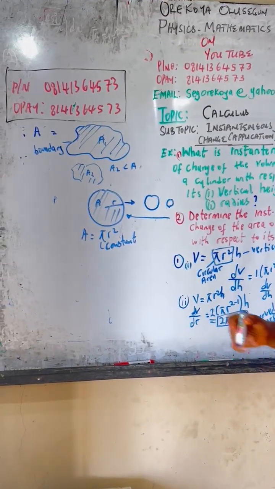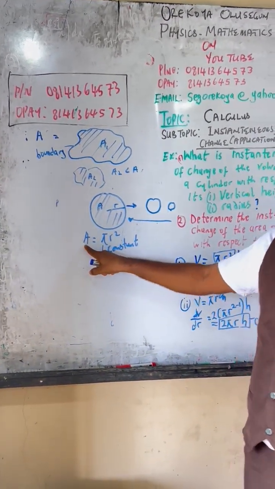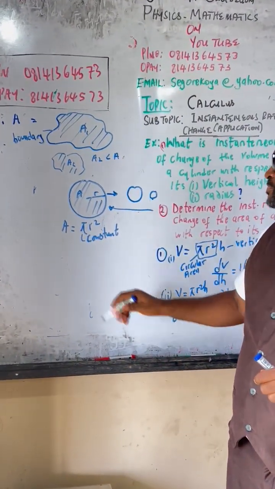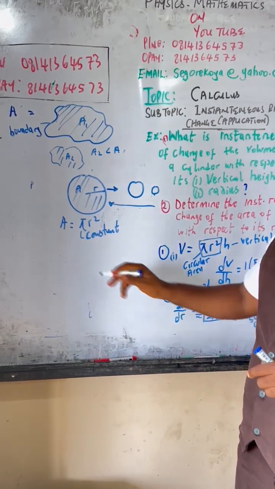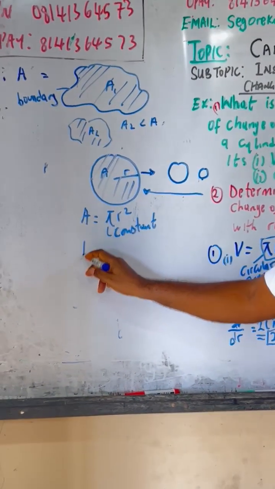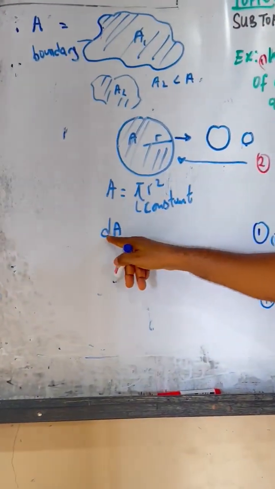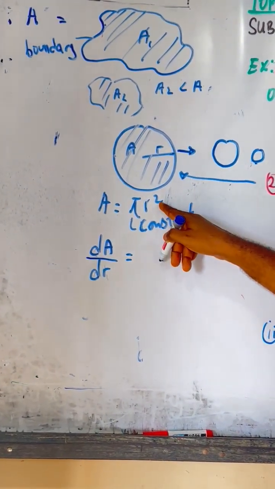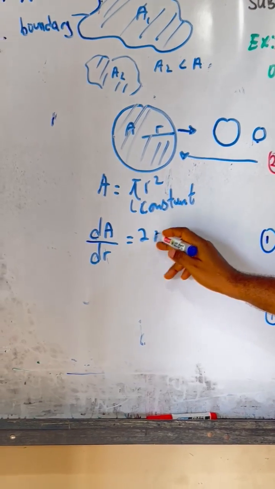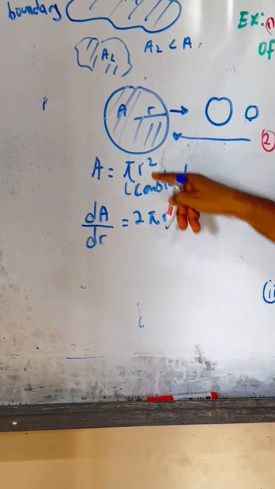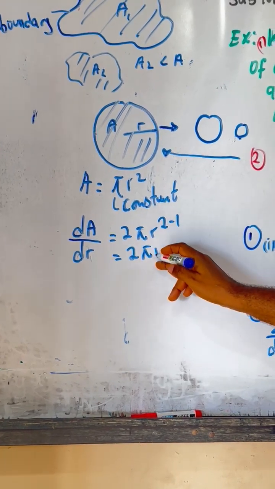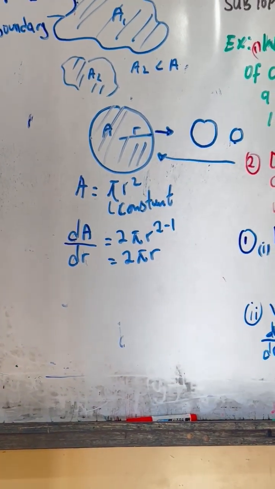Now the question says we should find the instantaneous rate of change of the area of the circle with respect to the radius of that circle. So according to the first principle, the instantaneous rate of change will be of A with respect to r. So we use this power to multiply. That is 2 pi r raised to power, then we subtract 1 from this power. That's 2 minus 1, which is 2 pi r. So this answer that we